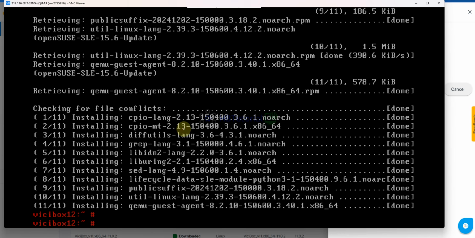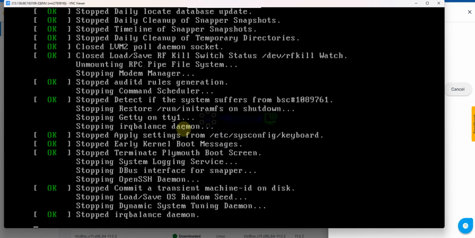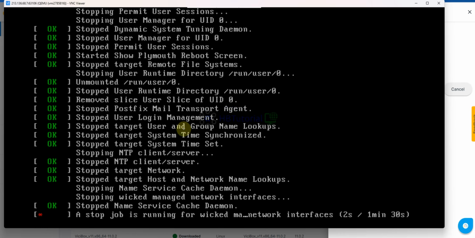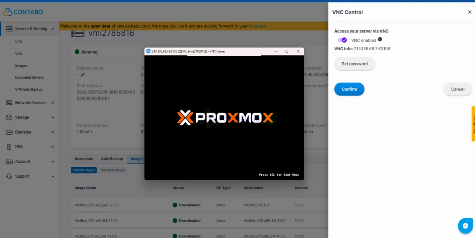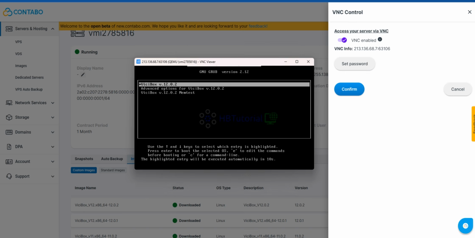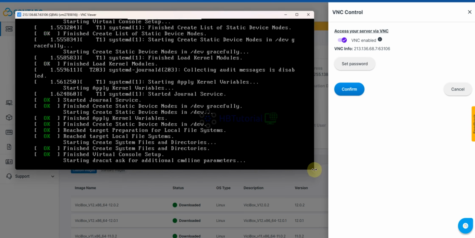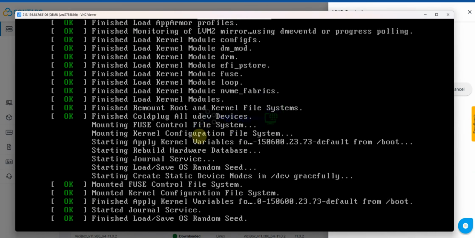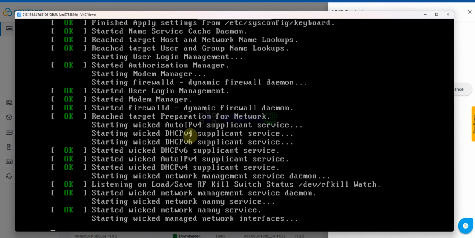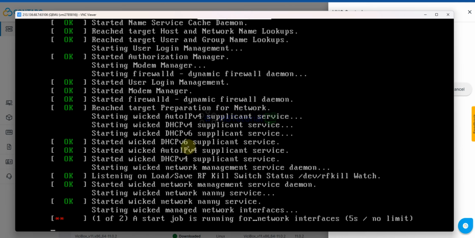Okay, so after here, you can also reboot after the updates. Rebooting the server. As you can see, it's already booted. You don't need to unmount the disk on the Contabo portal.